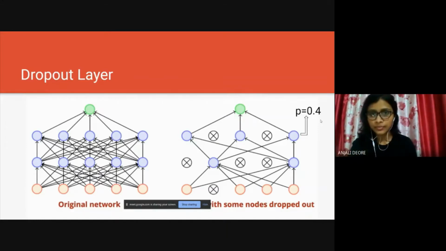Any randomly selected 50 neurons would be taken into consideration to drop out, to get deactivated. So this is what the p value is. It decides the number of neurons to be dropped out from that particular layer.